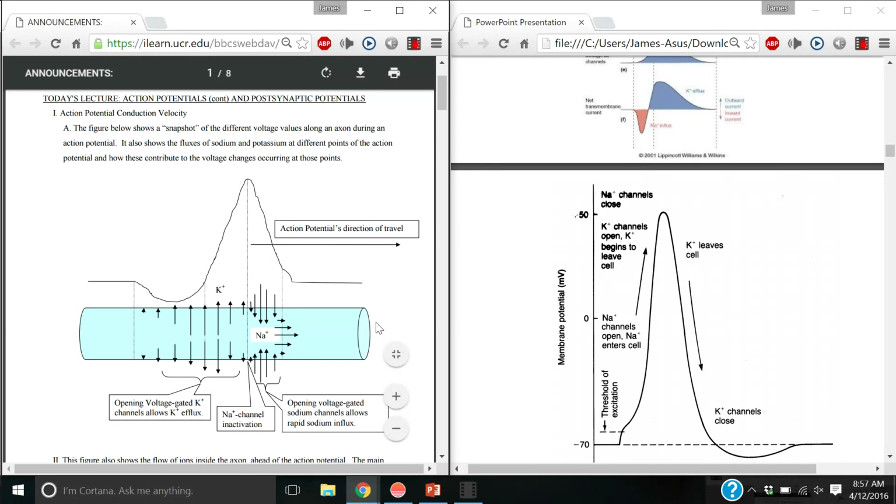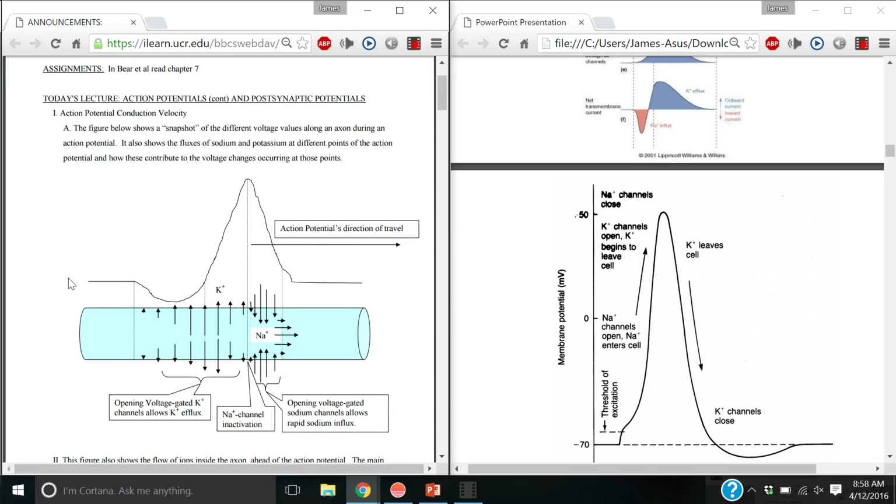So this is the direction of travel. The first thing that's happening in an action potential is the rising phase, then the peak, then the falling phase, then the undershoot, then back to rest. Okay? And then below it, within the axon itself, I'm trying to show with arrows the flux of sodium and